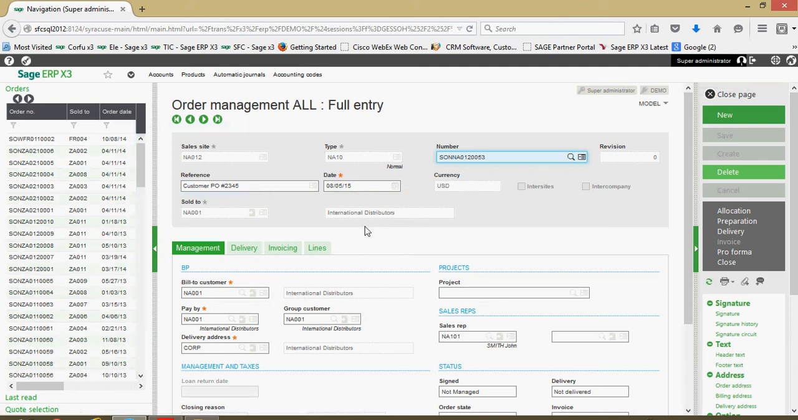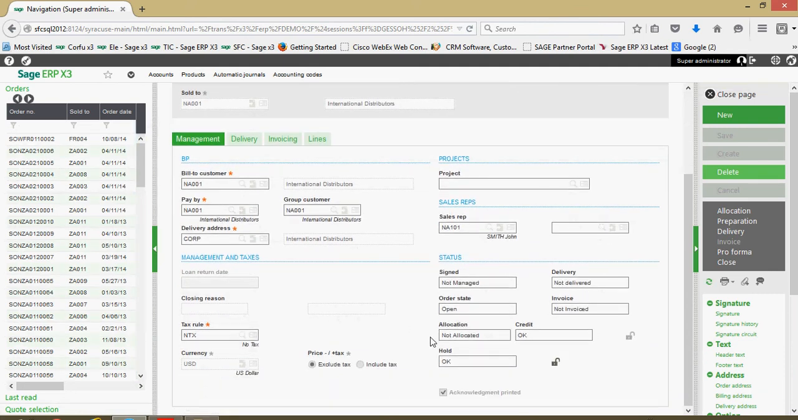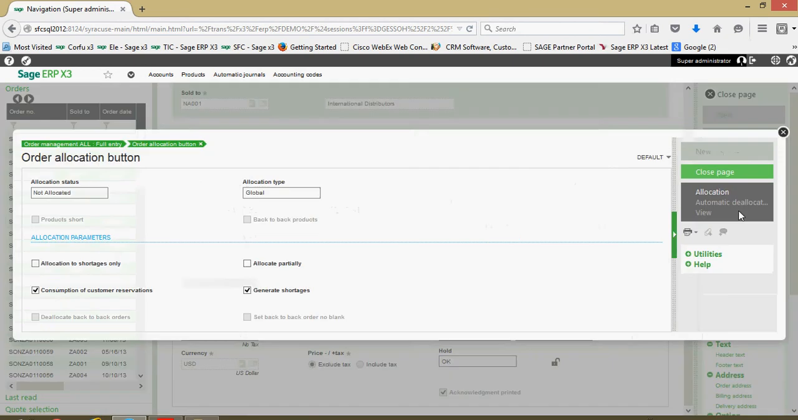Okay, so here's our sales order, and you can see at present the allocation status on the order is not allocated. So one of the most basic ways by which to perform an allocation is to come over and simply click on the allocation button here. Okay. So this will tunnel us to a menu, and from this menu here we can see that again the inventory is not allocated,